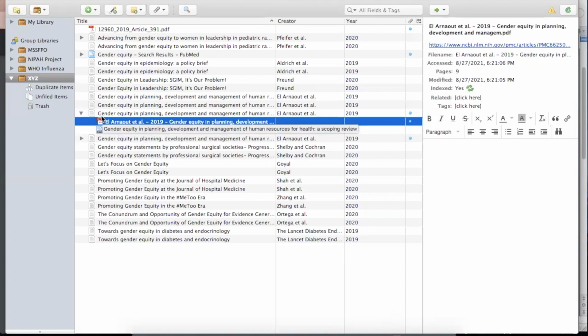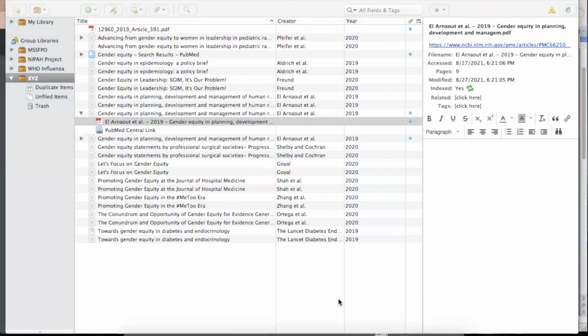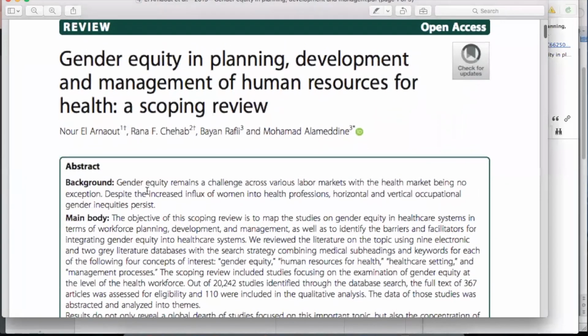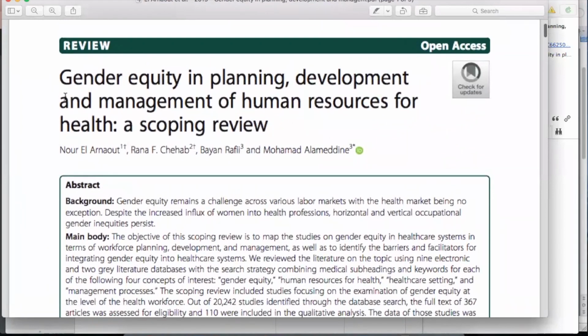Now I will show you how to extract notes from a particular PDF. In this particular PDF, I will double click and open it. Since I'm using a Mac, it will open in Preview. In Windows, it can open in any PDF viewer. Now this PDF has opened, and for notes, what I can do is highlight this,